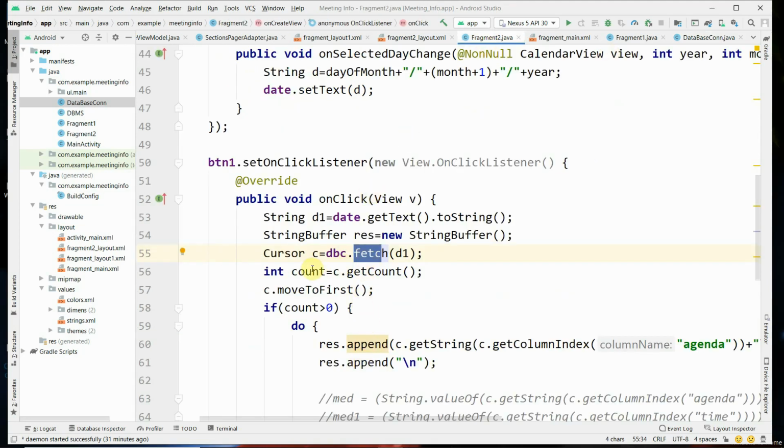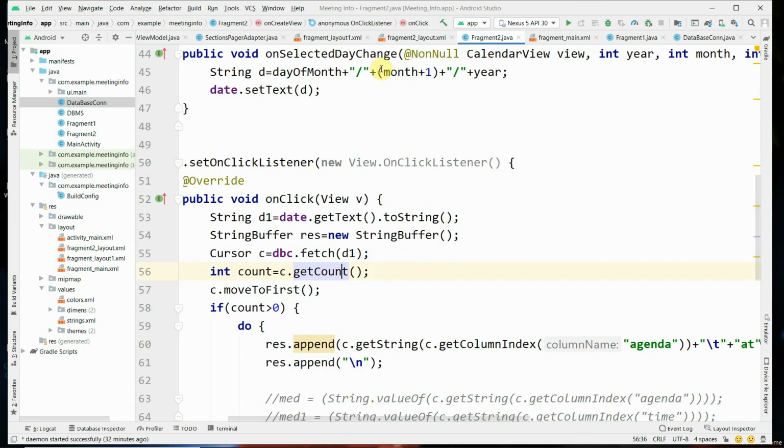the second fragment. Then in the retrieved result, if there is more than one record, the get count method counts the number of records. The get count method is an inbuilt method and stores the count of the result in the count variable.